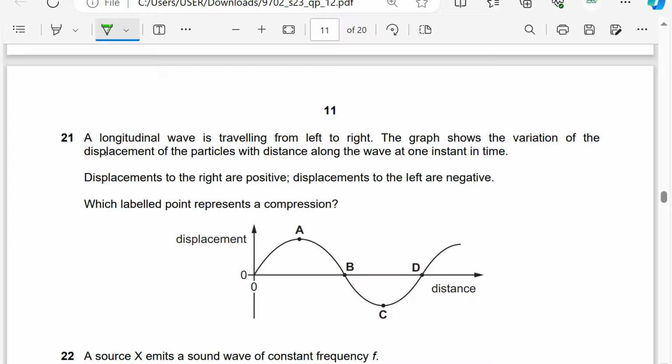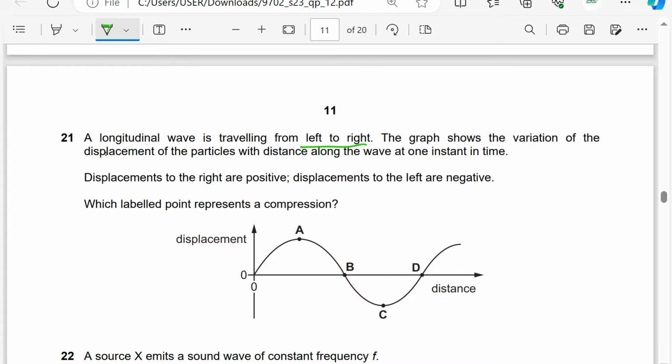A longitudinal wave is traveling from left to right. The graph shows the variation of the displacement of the particles with the distance along the wave at one instant in time. Displacements to the right are positive, displacements to the left are negative. Which labeled point